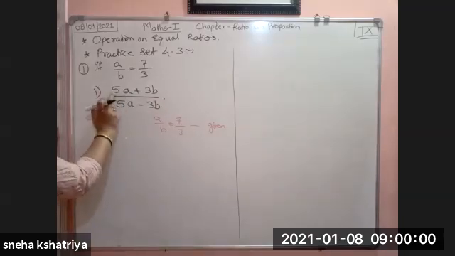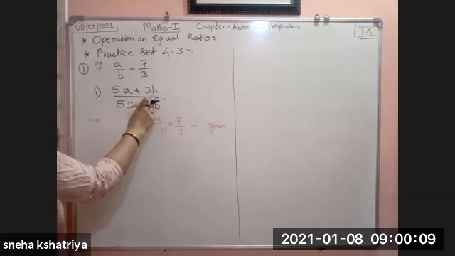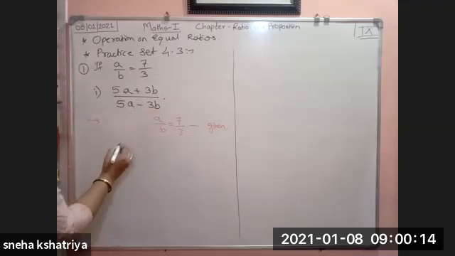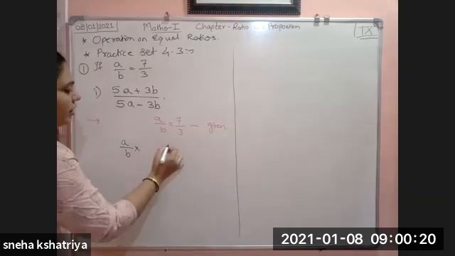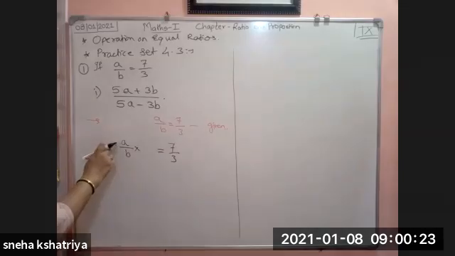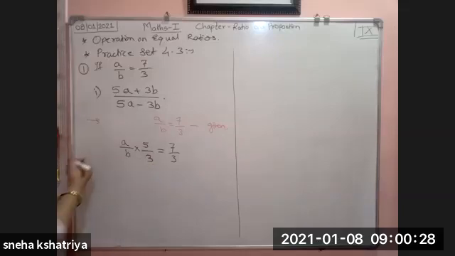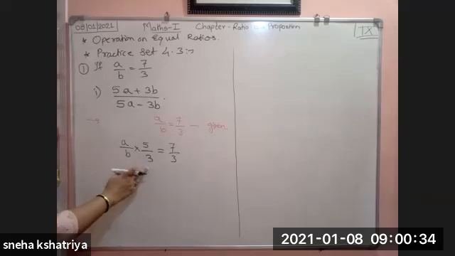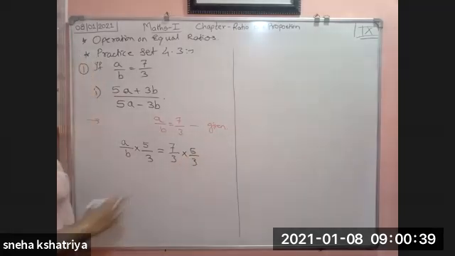Now see what is multiplied to A. A is multiplied by 5 in both numerator and denominator. And what is multiplied to B? B is multiplied by 3 in numerator and denominator. So this we can write as A upon B into a term, here it will come 7 upon 3. A is multiplied by 5 and B by 3, so this will become 5A upon 3B. If we multiply by 5 by 3 to the left hand side, then we have to multiply by 5 by 3 to the right hand side also.